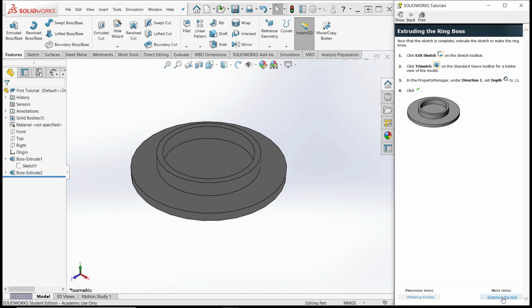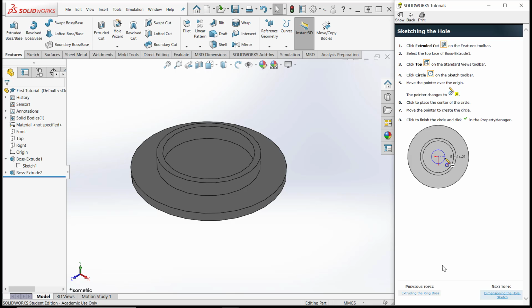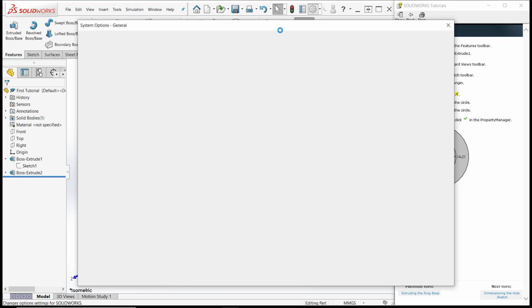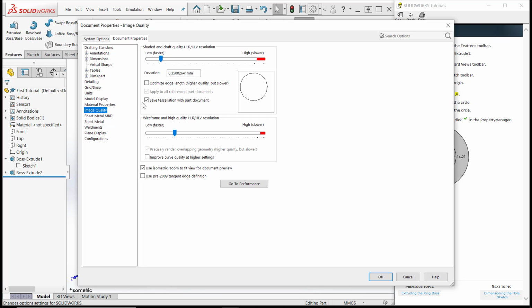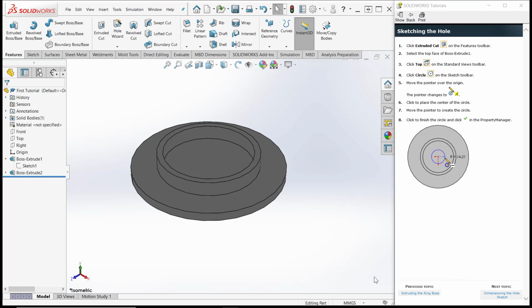Alright, then I'll go to the next step, and see how my object looks faceted here. So I'm going to go back to options, and on the document properties I'll go to the image quality, and I'm going to drag this image quality up here so that it looks more rounded rather than faceted. And then I will